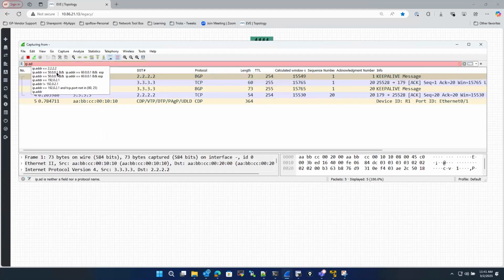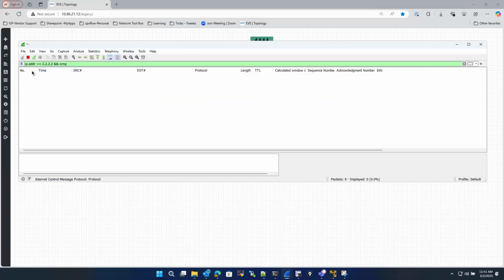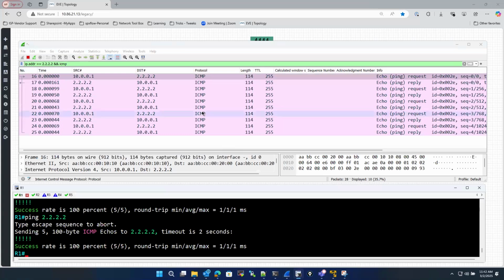If I do ip.addr == 2.2.2.2, it's a filter. So I'm going to apply this because I want to capture only the traffic from 2.2.2.2, and ICMP. So I made the filter. I want to capture all the traffic for the 2.2.2.2 network, and I want to see the ICMP traffic. So if you see this, this is a source. Again, as I said, even though I ping 2.2.2.2, my actual packet